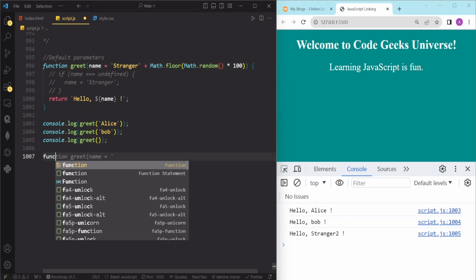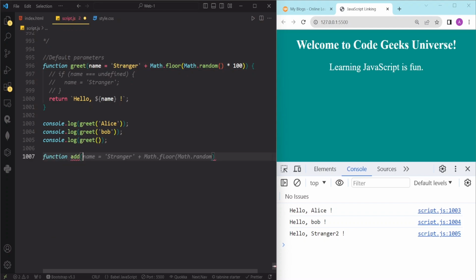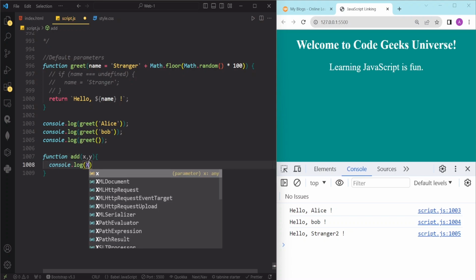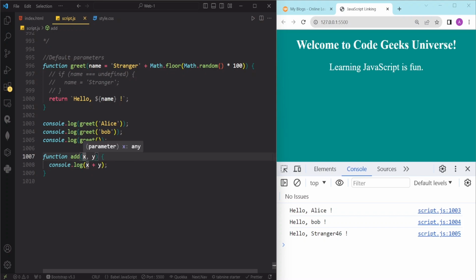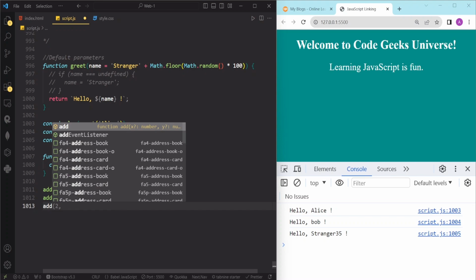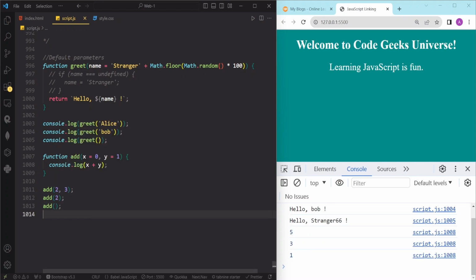Now here we are going to create our add function like this, and this function takes two parameters, x and y, and will log x plus y. After this we are going to give these parameters default values, x is equal to 0 and y is equal to 1. Now if we call this function like add 2 and 3, then add 2, and for our last call, if we don't give any parameter, if we hit save,